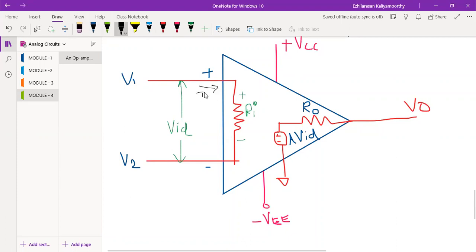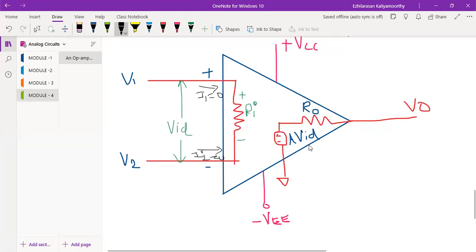So I can say the current which enters here, what is this current? That is I1. I1 will be 0. Yes. What about this current? That is I2, also will be 0. See, this will block, the current will not go to the output side actually, because there is no feedback, right? There is no feedback over there.